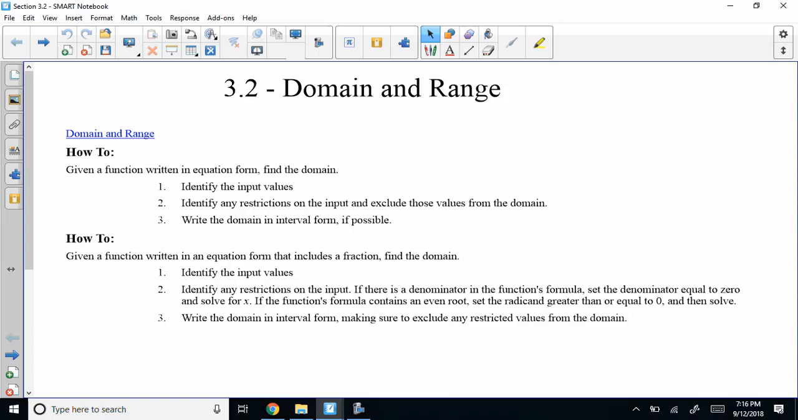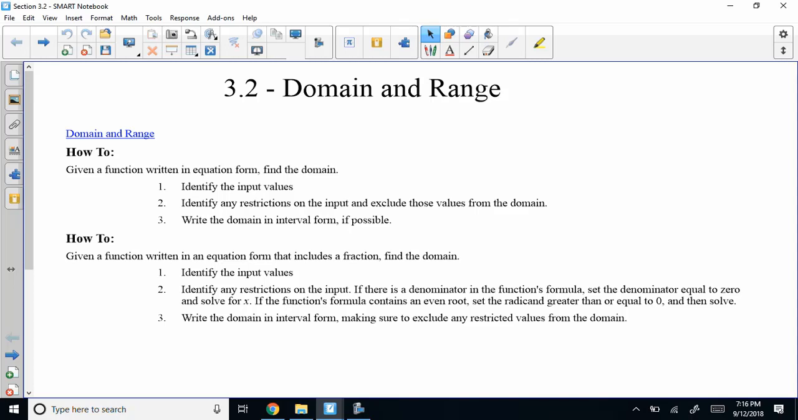Domain and range. Domain is all the x values, right? And if you write a domain, that is in interval notation. So you have parentheses and you have brackets, right? Okay. And if you remember or if you understand functions, and in particular, there's what's called 6 basic functions, which